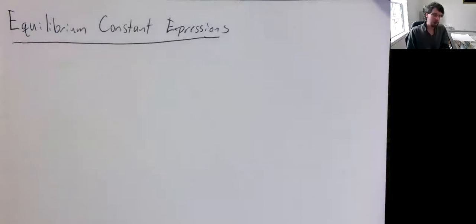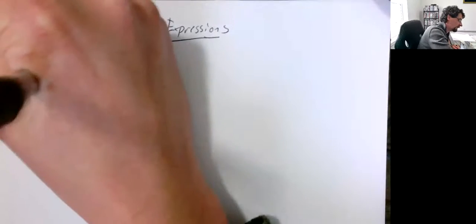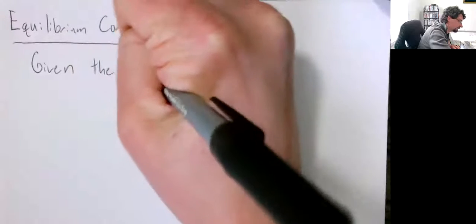So before we can do that, we have to assess how to come up with this equilibrium constant expression that's used throughout almost all of general chemistry, analytical chemistry, and talked about quite a bit in physical chemistry. So let's say we have generic reactions. We're going to be given the generic reaction